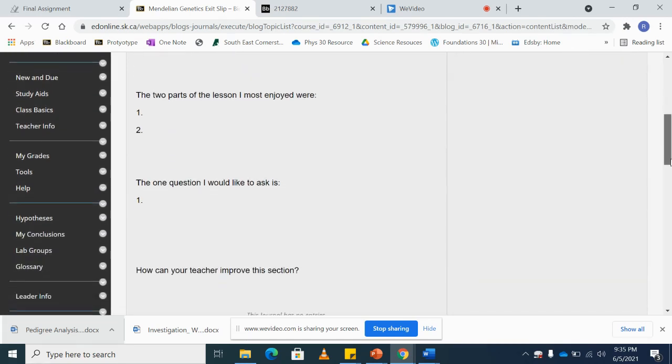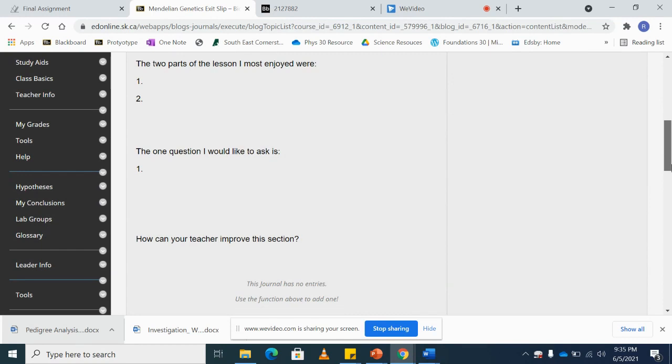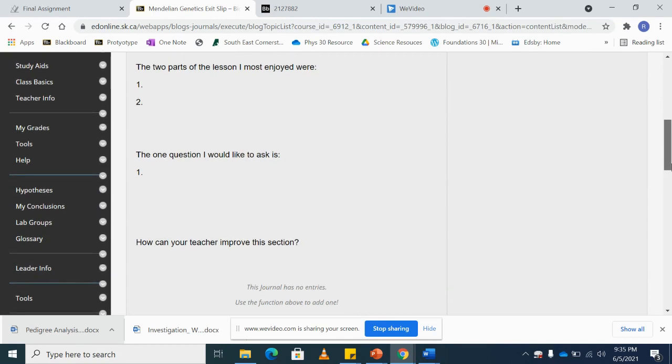And there's another question that I have asked, which is, how can your teacher improve this section? So if there's any part that they wish their teacher had done differently, they will have an opportunity, they will have a say in it, and then I will make sure that I include their feedback in my next lesson